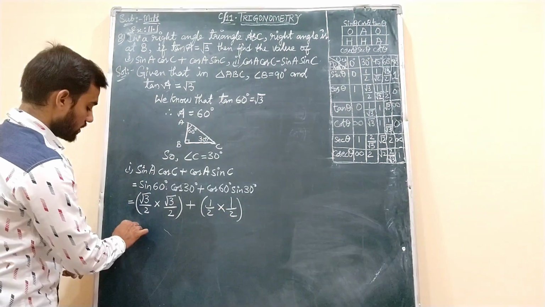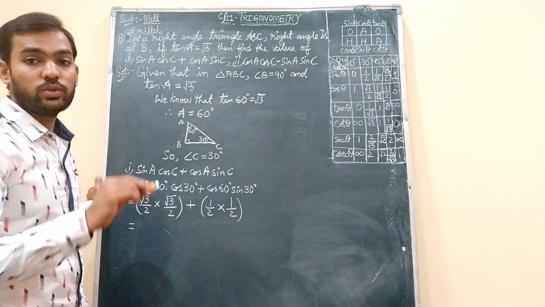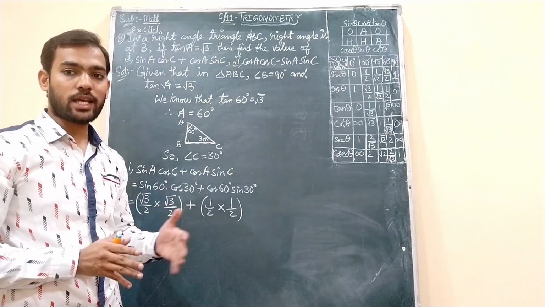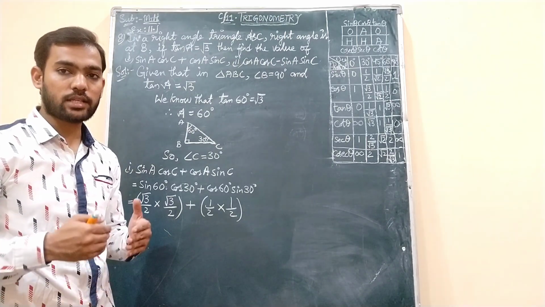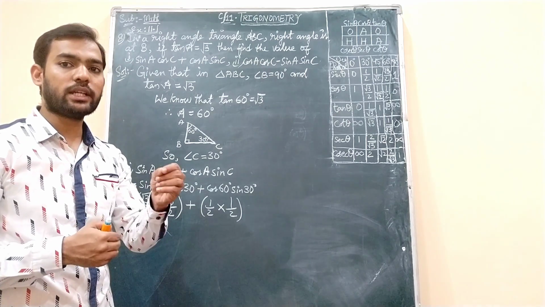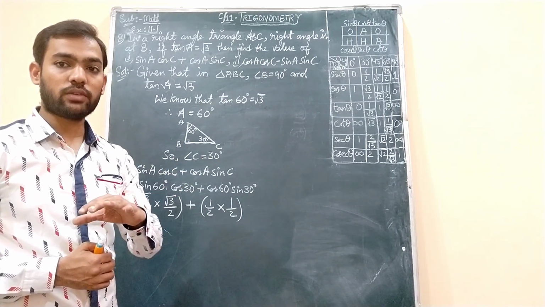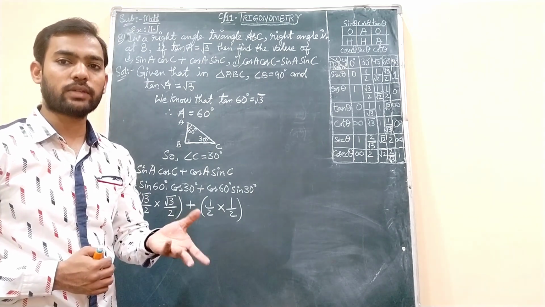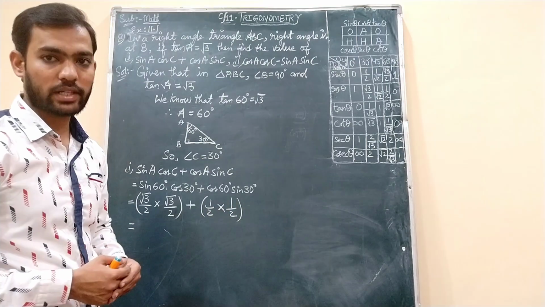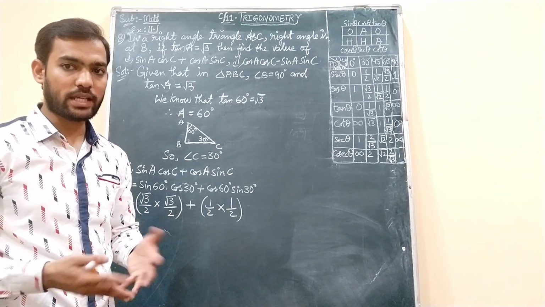Understand, students? Now we will multiply them. Root 3 into root 3 gives you root 9, which is nothing but 3. So as you people are in SSC grade, just understand that whenever two same irrationals get multiplied, you will get only 3. Like, if you get root 5 into root 5, you can write it directly as 5. Root 3 into root 3, here directly we will write 3. I said root 3 into root 3 is root 9. Square root of 9 is again 3.